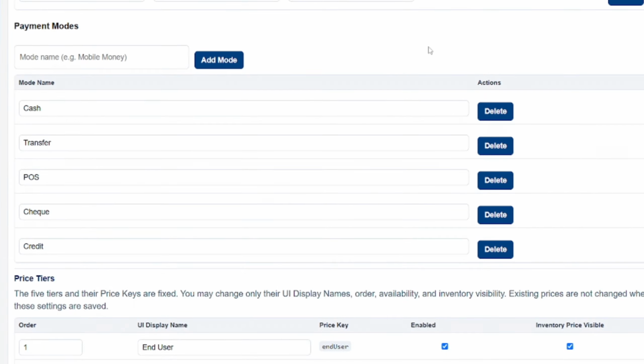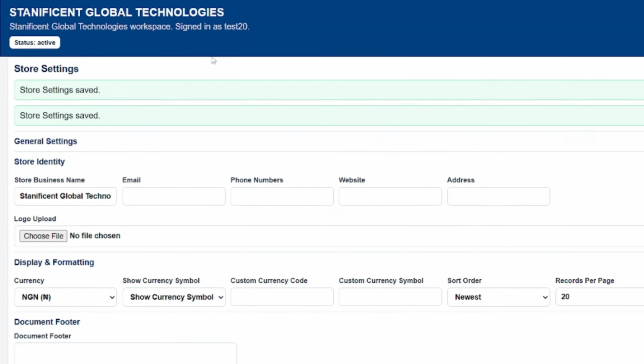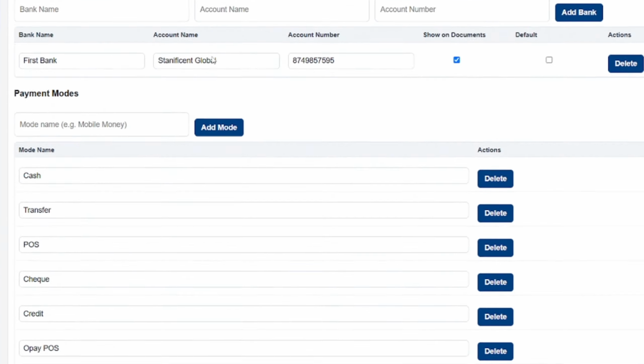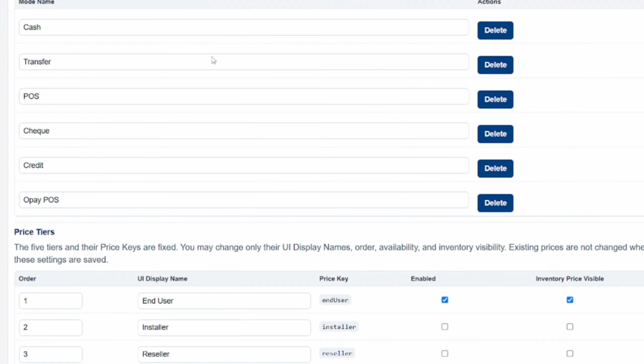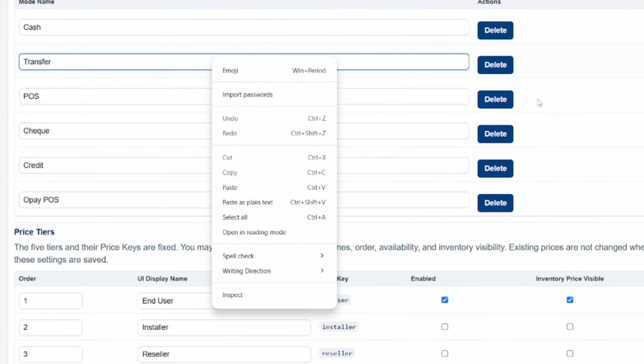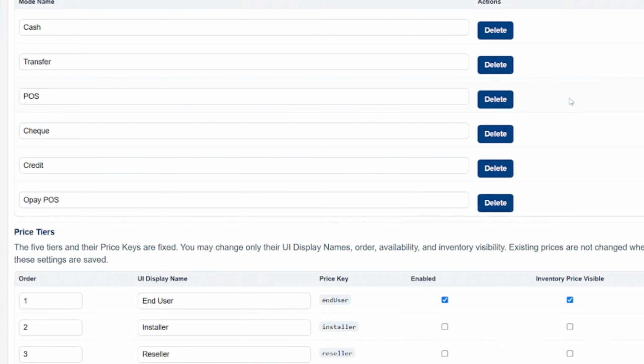So moving on, you have to add your payment modes, like when a customer makes payments, either it be cash, transfer, check, credit. You can also add some other payment mode, like maybe your first bank POS, your OPay POS, like any method of payment you use in your office, you just add it in here. So let me add OPay POS. You can see that OPay POS has been added. The reason why you are adding this is so that when you are creating your receipt, you'll be able to add the payment method,